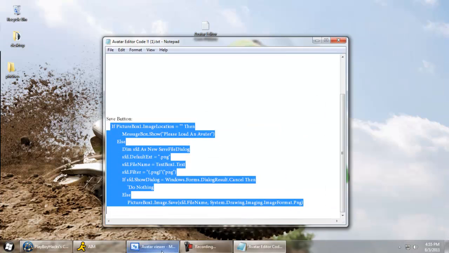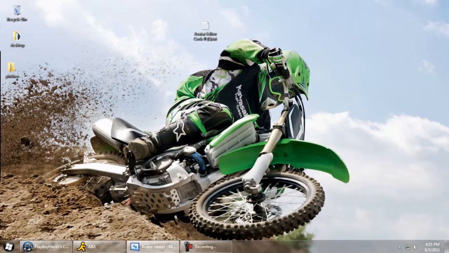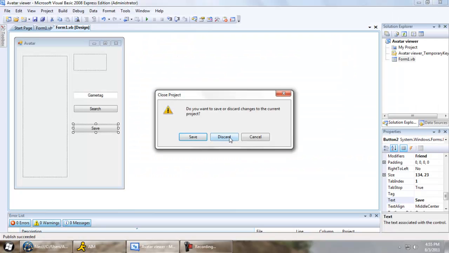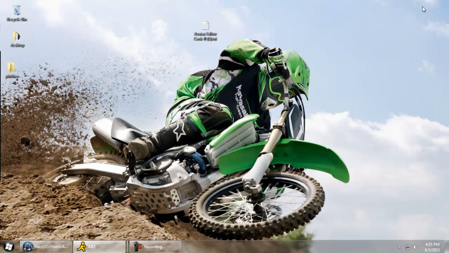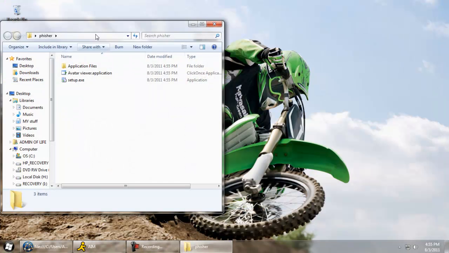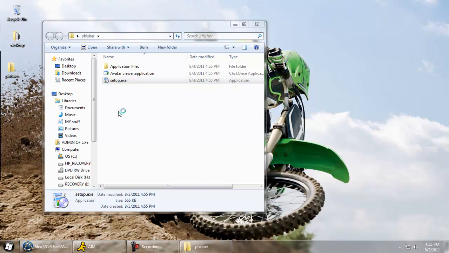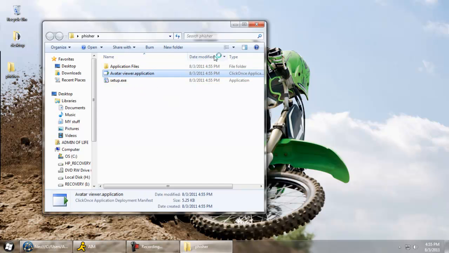Then you can exit out of Visual Basic and exit out of this. You're going to get that to pop up, and I click Discard. You can save it if you want to. If you open up the folder, there's a setup. Click Run Setup. If you're going to make a folder, make it a WinRAR folder so people can download. And if you open up the avatar viewer application,